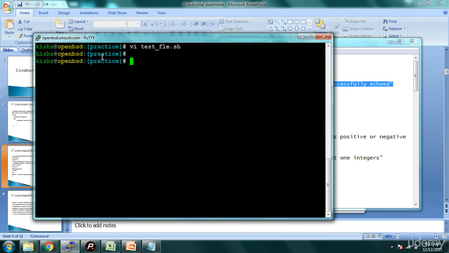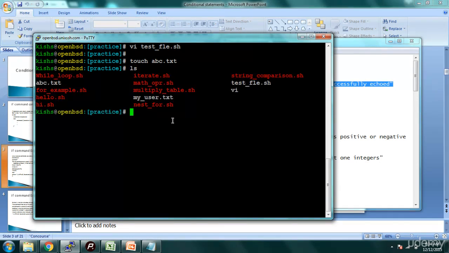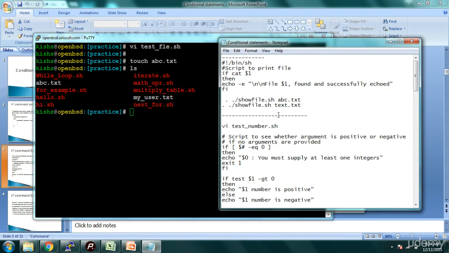Now we'll create a file using touch. Touch will create an empty file: touch abc.txt. So now we have the file abc.txt in this directory. Now I'll execute testfile.sh.